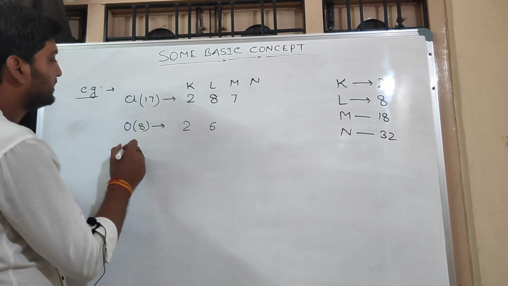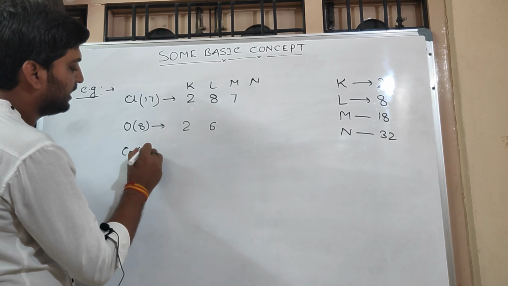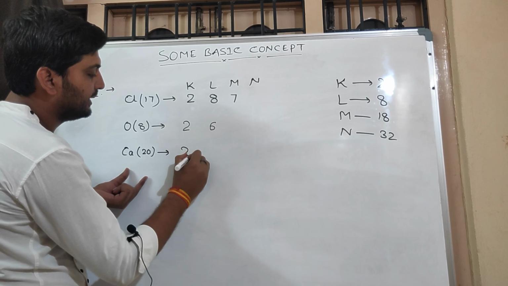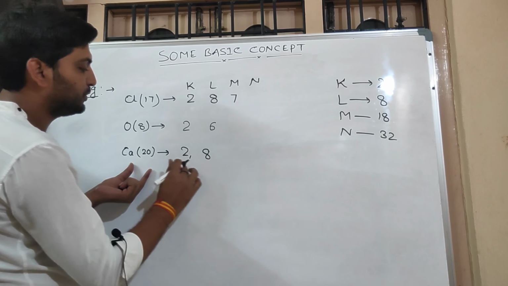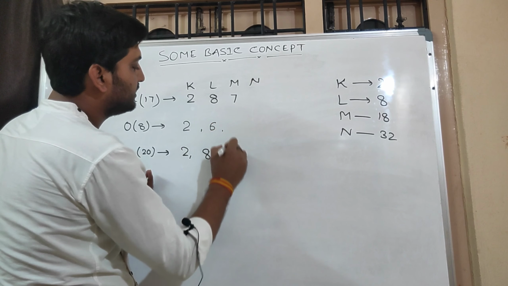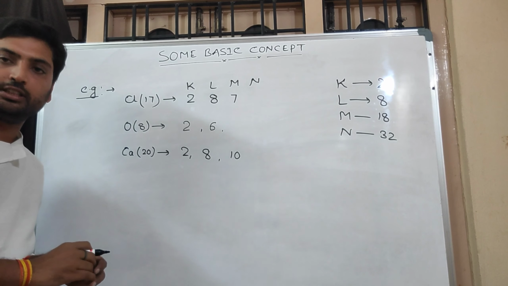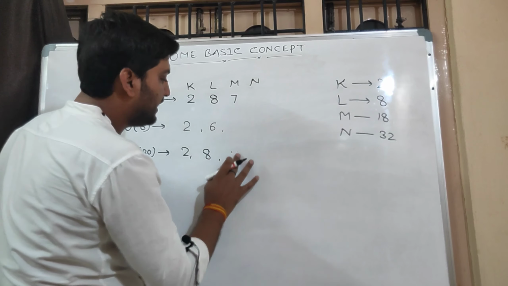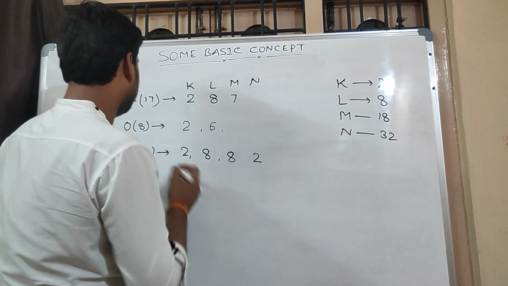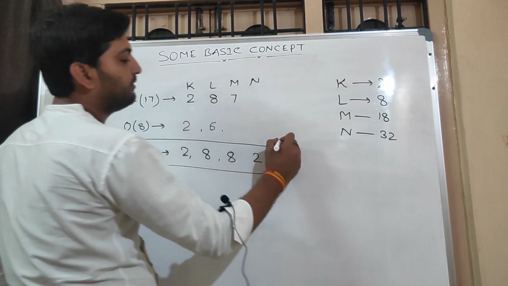Now another example, take calcium, atomic number 20. Now in the first shell we know 2, second shell 8, 8 plus 2 is 10, now remaining is 10. So what will happen here? Will I put all 10 electrons in the M shell? Shall I put? No. Here we have to put first 8 and then the remaining 2 will be in the N shell. This is an exceptional case. Exceptional case means after